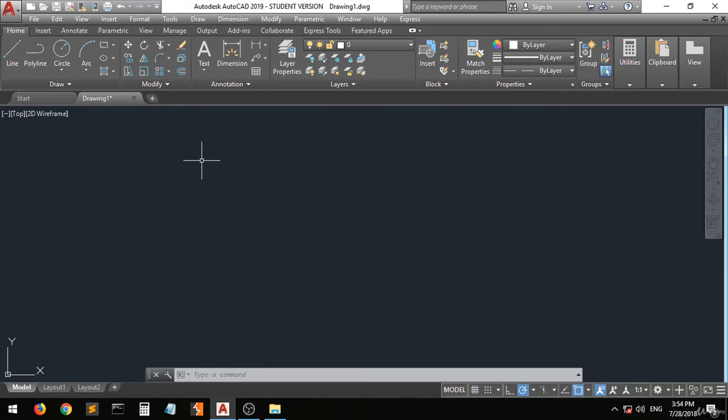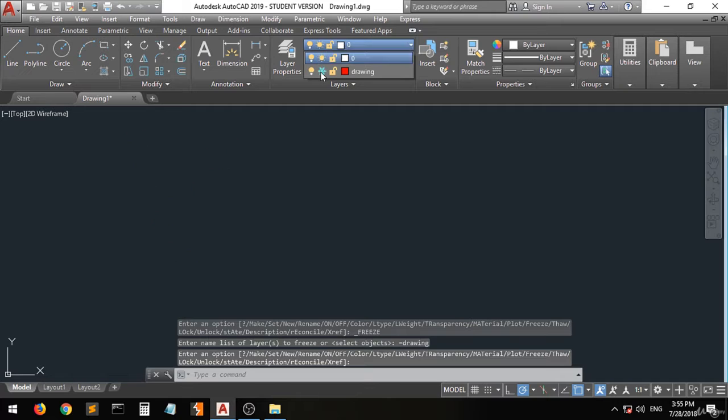Hi guys! In the previous lecture, I told you how to create a new layer and how to change all the properties of a certain layer. And as you can see, we have created this layer which is called drawing and changed the color of lines in this to red. Now, this tells you whether this layer is on or off. This is for the freeze, and we have frozen this layer,